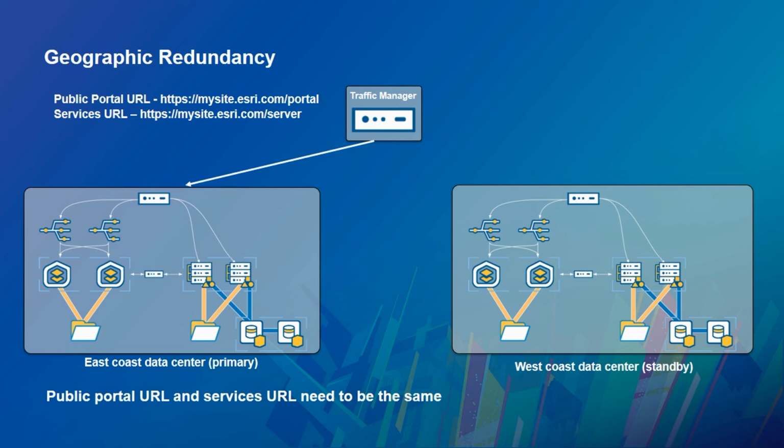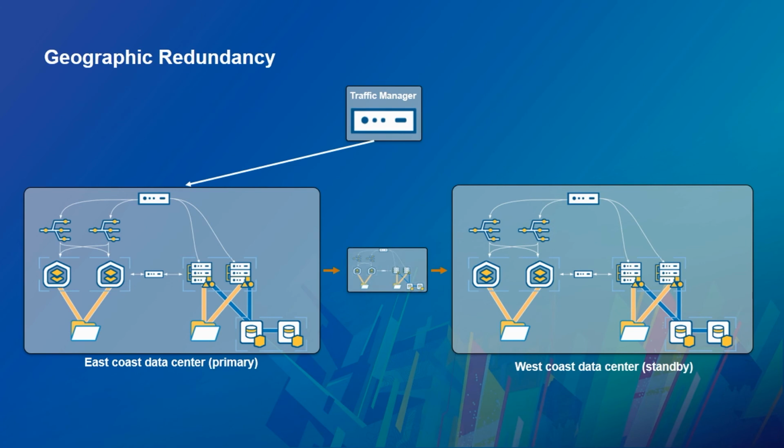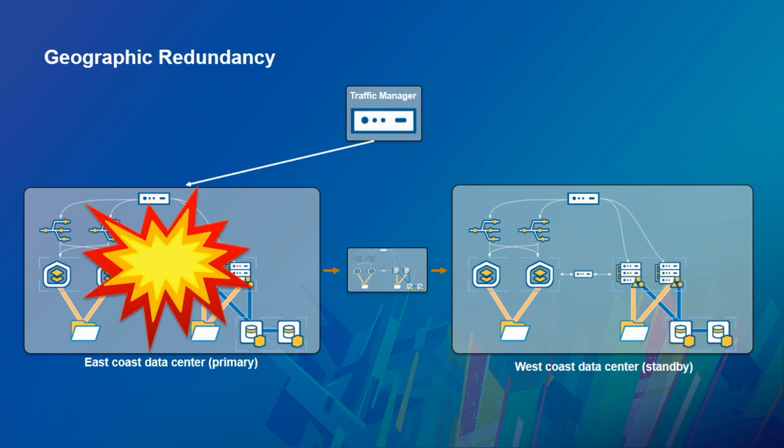One of the requirements for the tool is that where you take a backup, the URL that users use to reach the resources in the portal has to be the same as the URL of the environment that you're restoring to. So these 2 environments are configured with the same public URL, but anywhere that you access the public URL, you're being routed to primary. So using the disaster recovery tool, taking backups of your East Coast data center, and then,